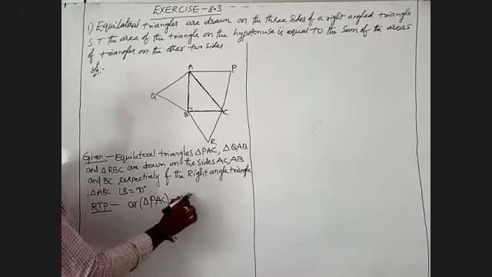What is the proof? Triangle ABC is a right angle triangle. You will observe, triangle ABC is a right angle triangle, so by using the Pythagoras theorem, AC square is nothing but AB square plus BC square. We will write it as equation number 1. And also,